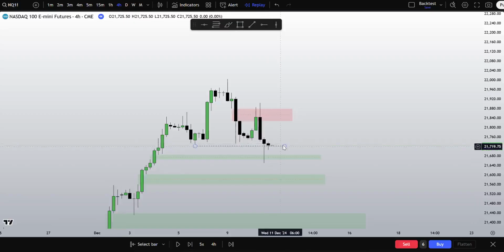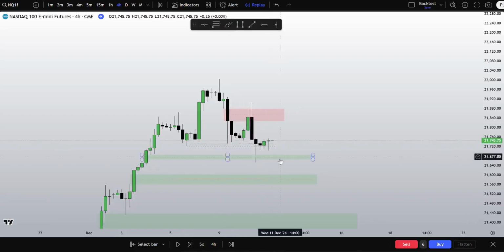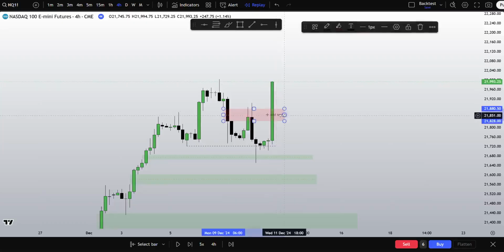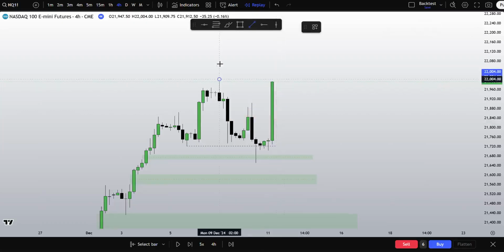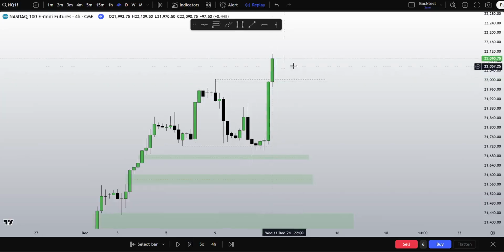Now we react at this point. What happens? Do we head lower once more? Because if we do, my eyes will be here. If we go higher like I'm seeing right now, this is exactly what we're showing, then the high right here would have been the draw. Now it happened. See, sometimes it'll just happen quickly. That's okay. But the high would have been the draw. We got it.